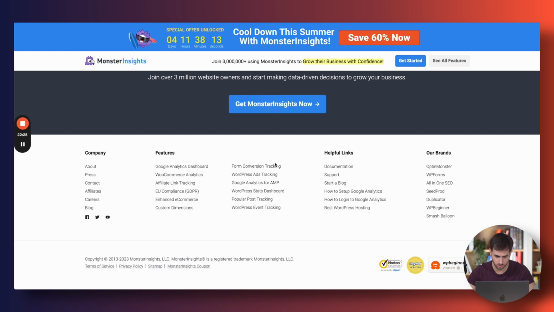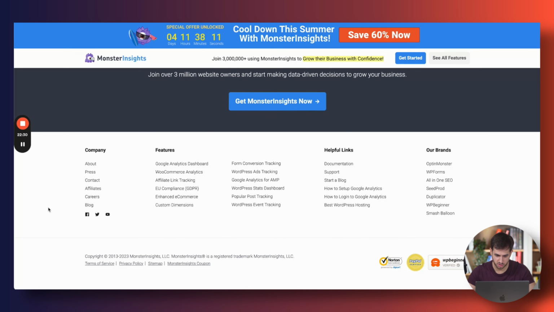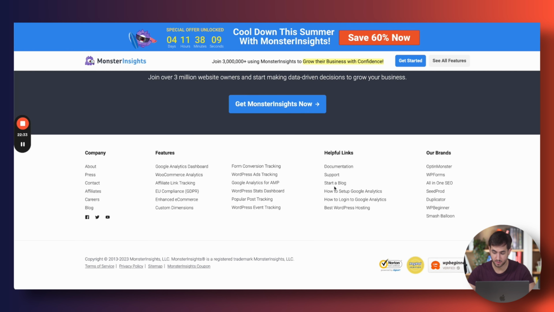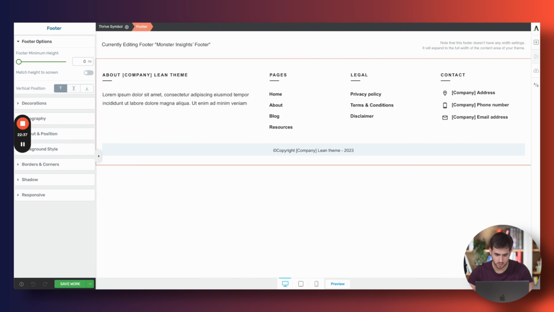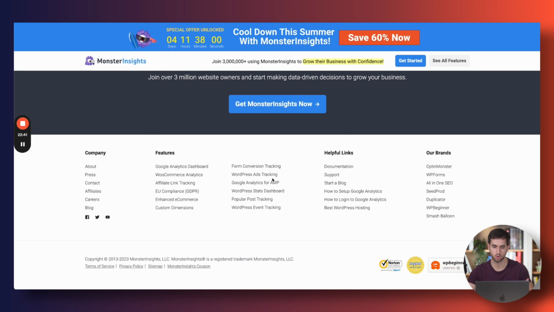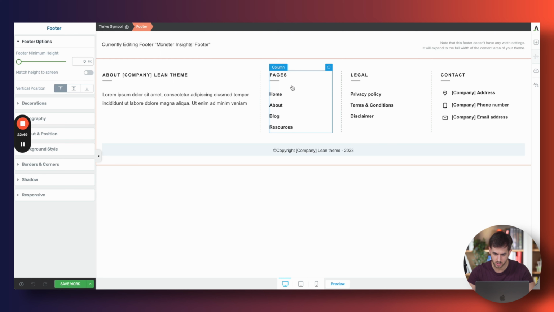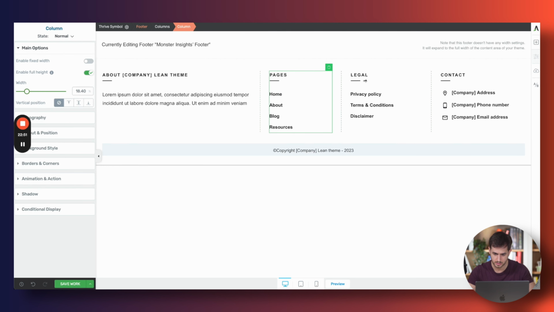Let's just quickly take a look at what we need here. So first things first, we need 5 columns of useful links. In order to save ourselves a little bit of time here, let's just get the aesthetics in order. I'm not going to spend too much time getting all of my links in there because we would just be here forever. But what we can do here is, okay, we've got a column and